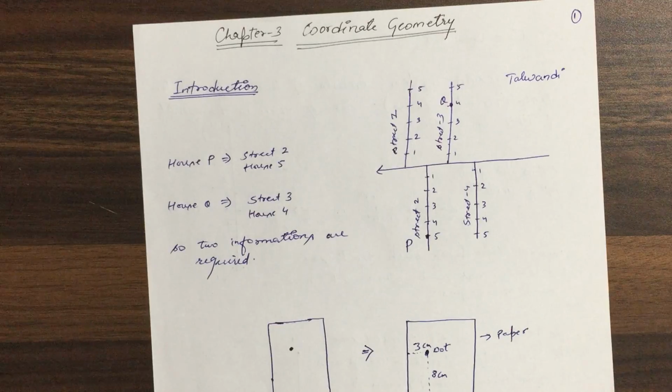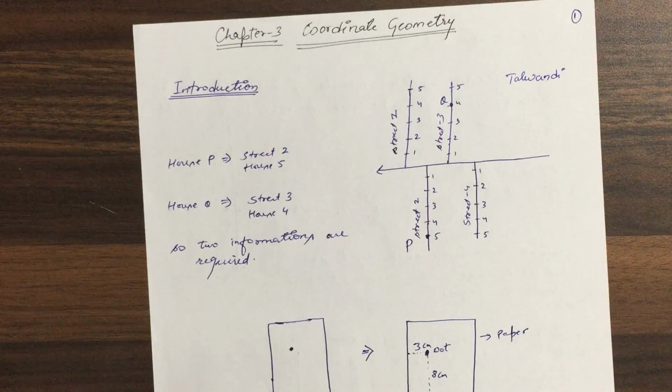So today what we will do, we will start a new chapter, coordinate geometry. It's a very simple and short chapter. It will be over in hardly 2-3 lectures. Okay. So let us start: what is coordinate geometry? First of all, we will see some introduction related to it. Then we will see the Cartesian system. Then we will see how to plot the points and all. Everything we will see. Okay.